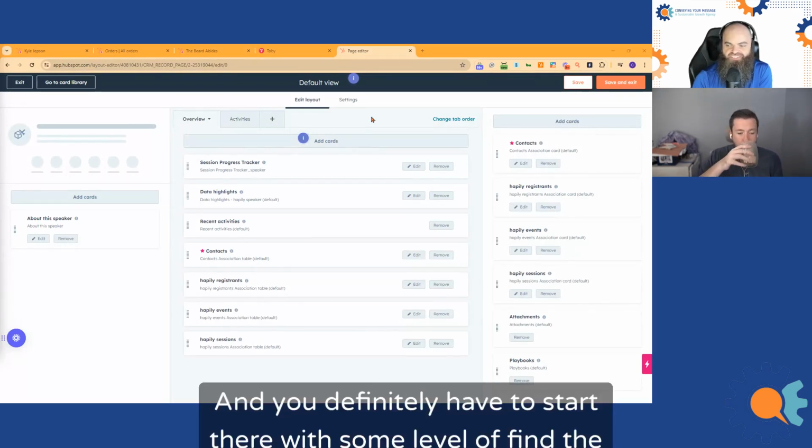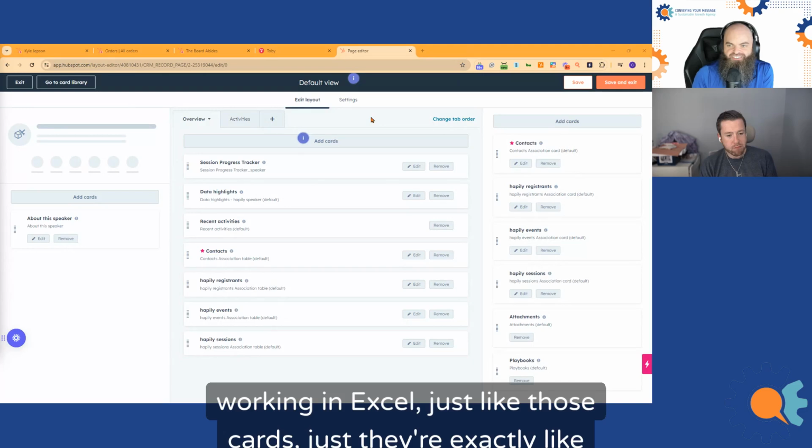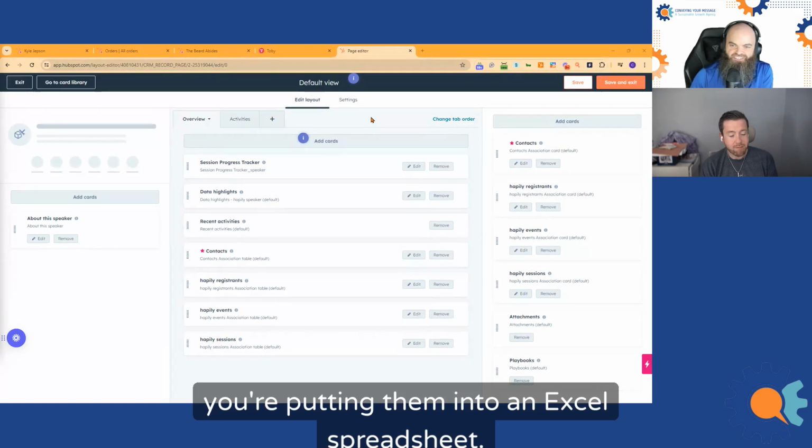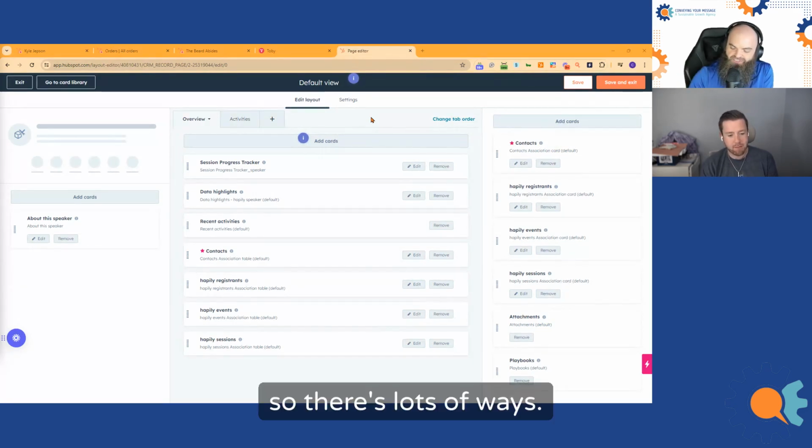And you definitely have to start there with some level of finding comfort for them, from like two places. If they're used to working in Excel, those cards are exactly like putting them into an Excel spreadsheet. So there's lots of ways.